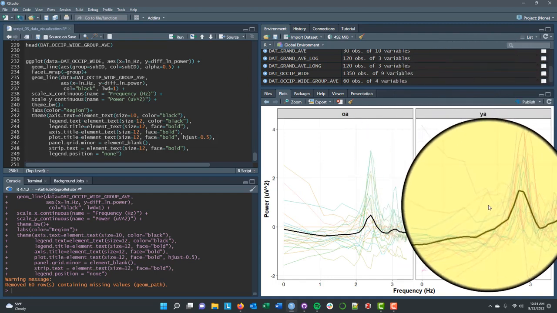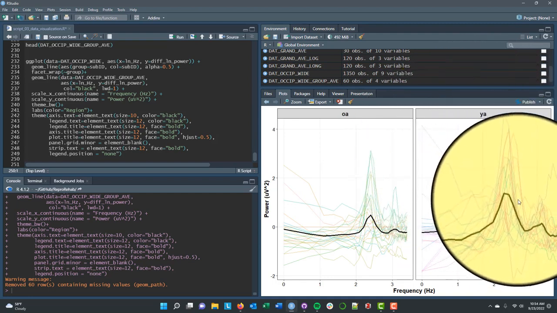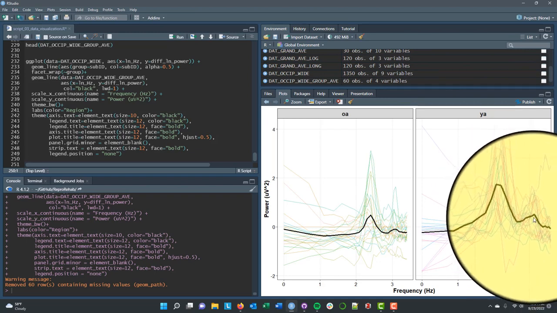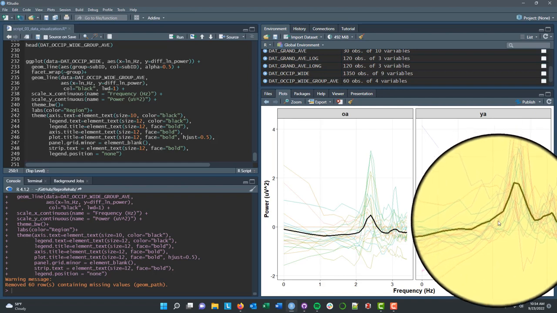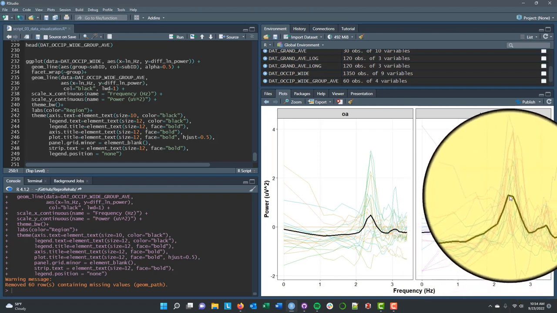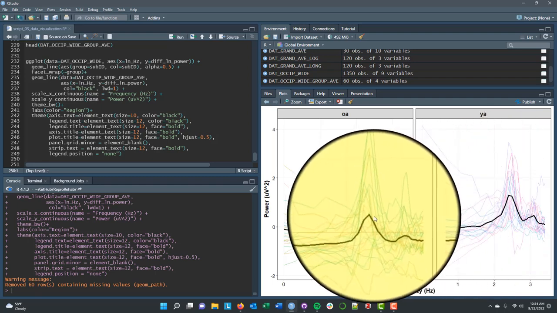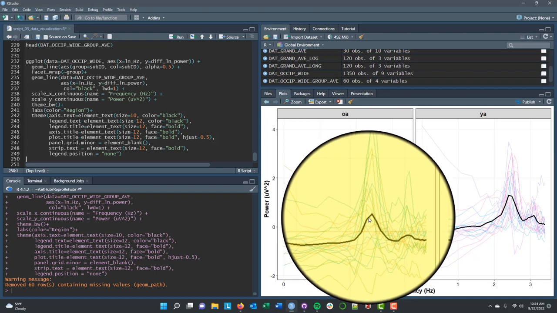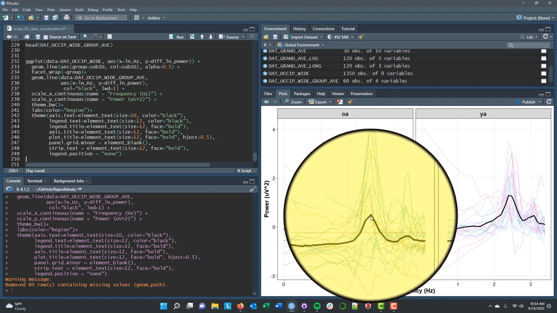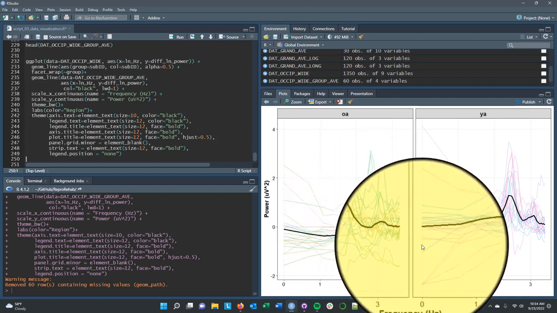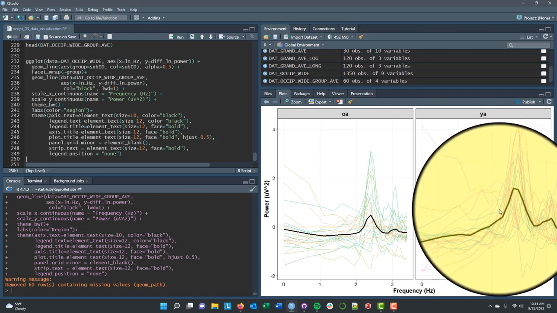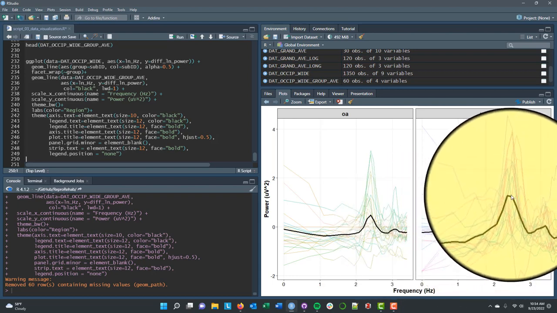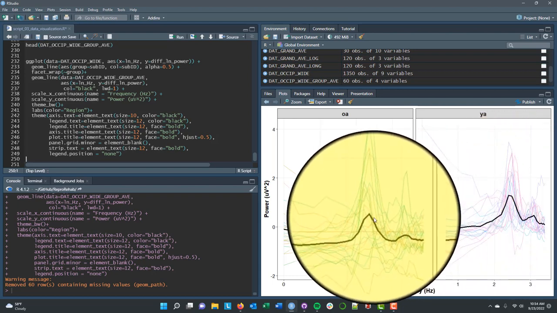And showing the individual subject data is really helpful, right? Because it shows the variability in what we have. But we're also really interested in the mean differences. And specifically, we predicted that our younger adults were going to show a larger alpha modulation on average compared to our older adults. And it looks like that is correct. The older adults on average show less of a difference between the eyes closed and eyes open conditions compared to the younger adults. They have a bigger mean difference than the older adults do